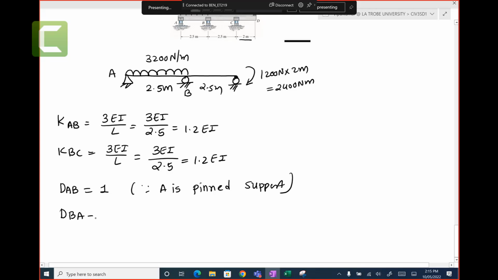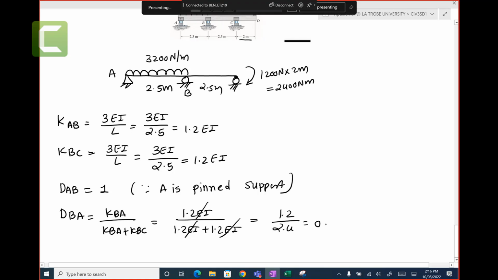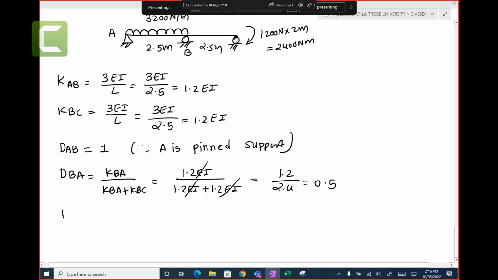Distribution factor for BA, KBA on KBA plus KBC, 1.2 EI on 1.2 EI plus 1.2 EI, 1.2 on 2.4, 0.5. Distribution factor for BC, KBC on KBA plus KBC is equal to,